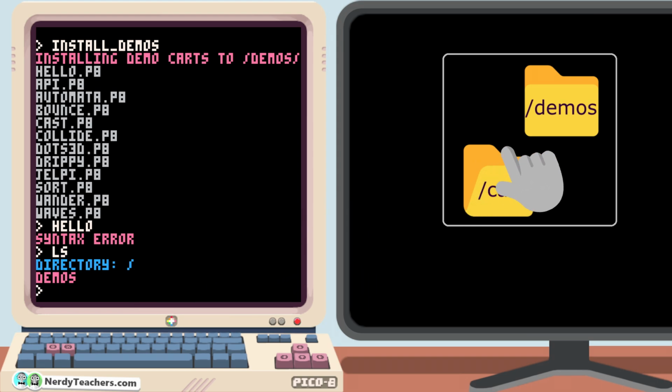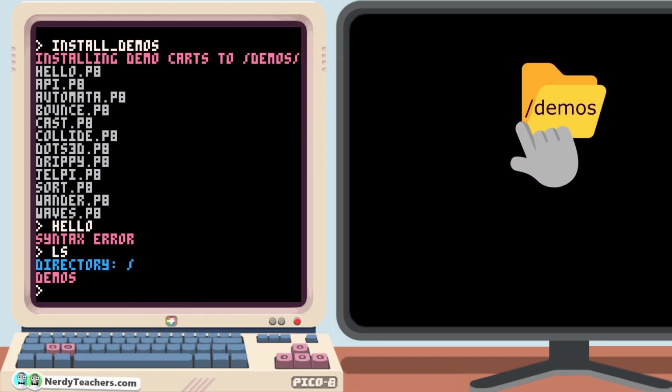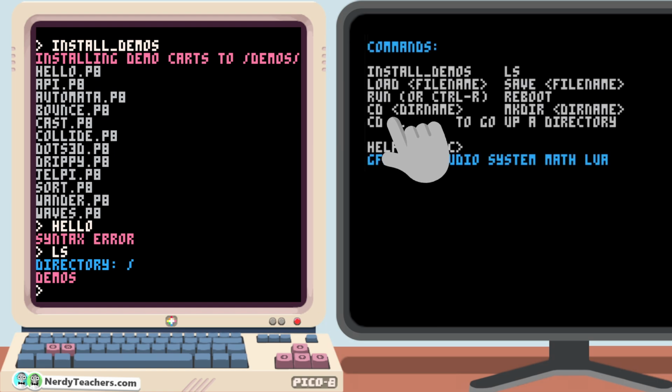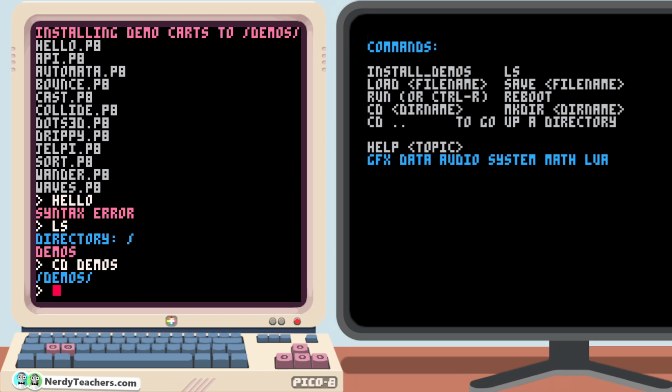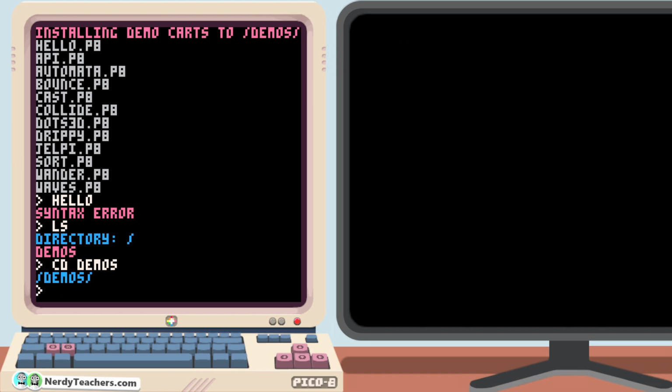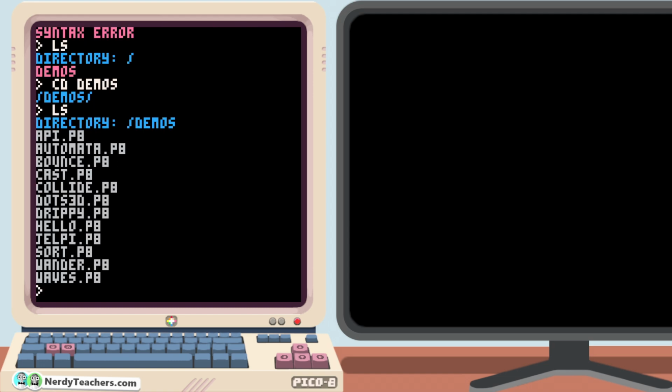To change directories, which is like clicking on a folder to open it, we use another command. Type in cd, which stands for change directories, then a space, and then the name of the directory you want to open. In this case, demos. Press enter and it shows /demos/ in blue now, meaning it is currently open. Let's see all of the files in this directory by typing ls again and press enter. There we go. It tells us we are in the demos folder and once again displays all of these demo